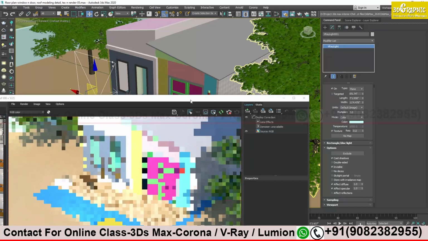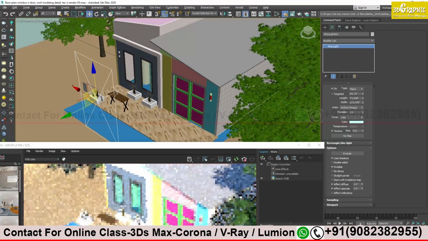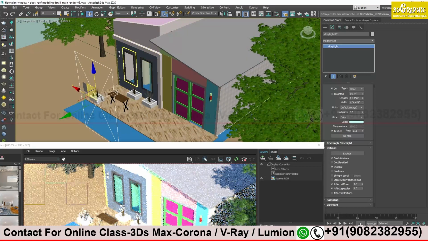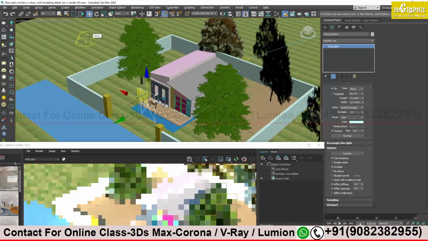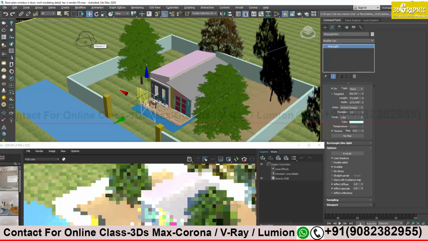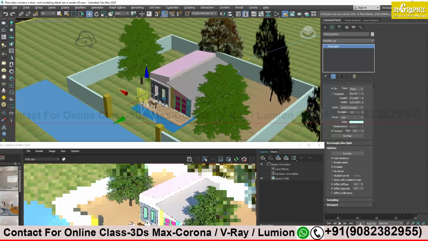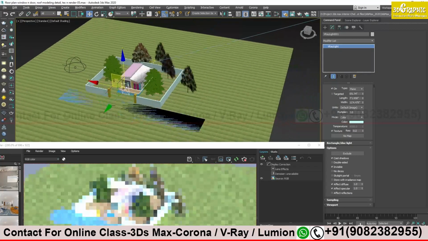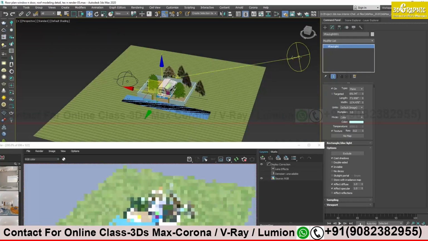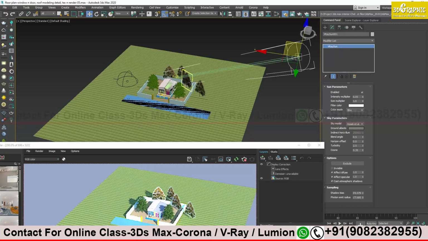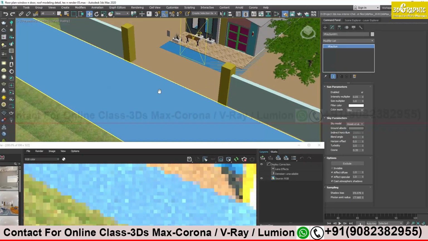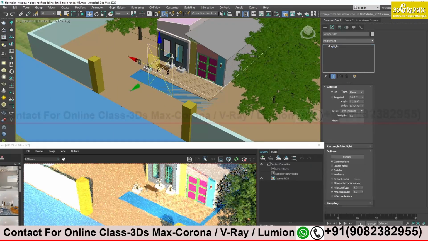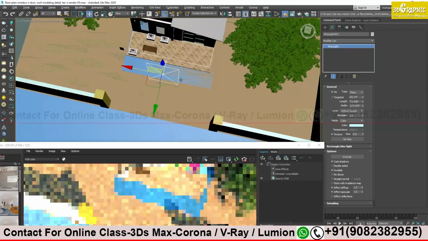Clear? Okay. Now how to use this? We have discussed the dome light. We can use it for exterior to create a sky, or the light coming from the environment. We have seen the sun. Obviously no need to explain how we can use it and what benefit we get. So we have seen this. Now let's see about the plane light. Where are we going to use this and how will it help us?